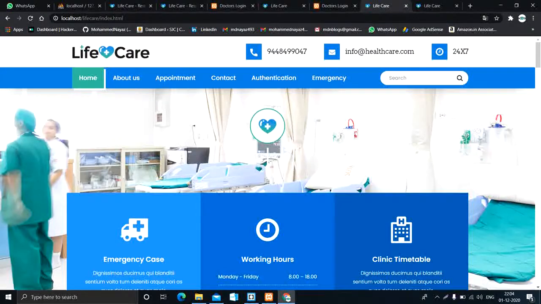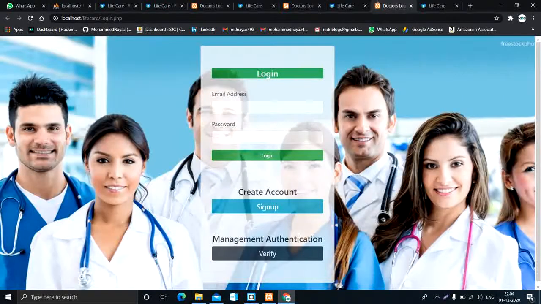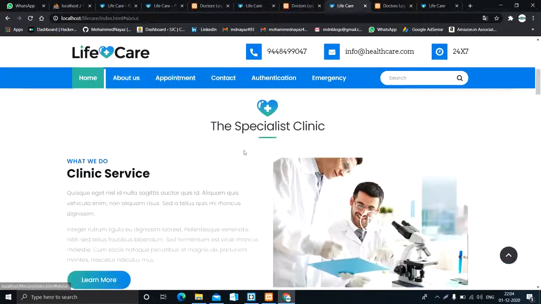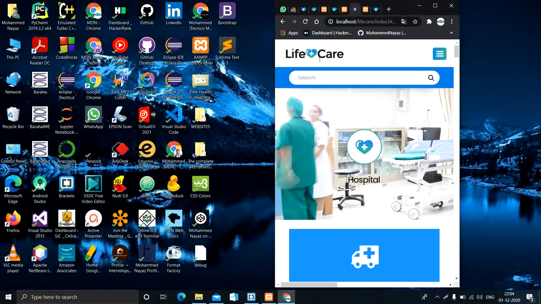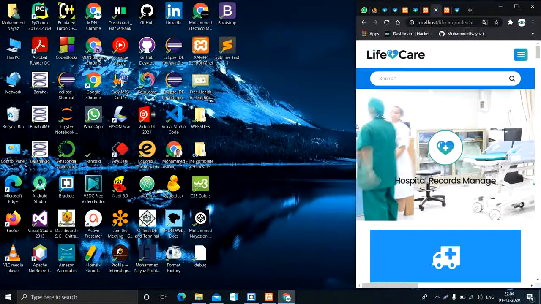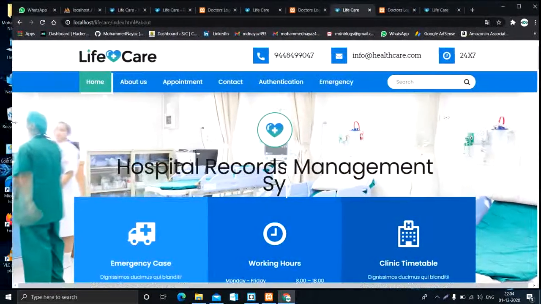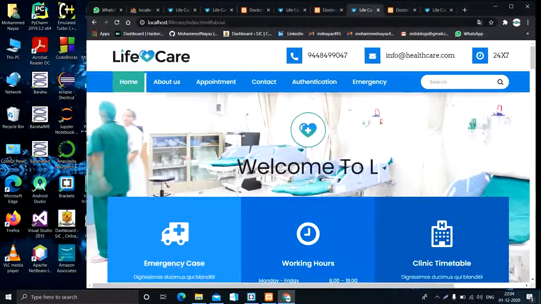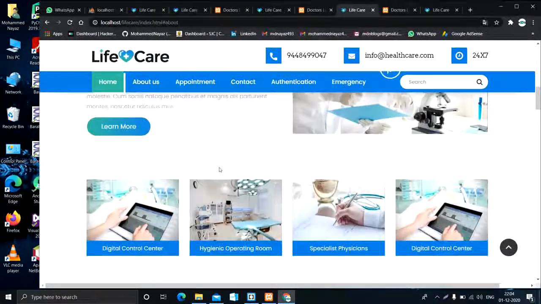Now let us see how it is a responsive website. So basically this is a basic type of responsive. This is just scrolling, and when I switch on to this mode, let us go step by step. So this is a desktop view. You can observe this, and before going to the next view, this is the desktop view. So check it out how it looks.